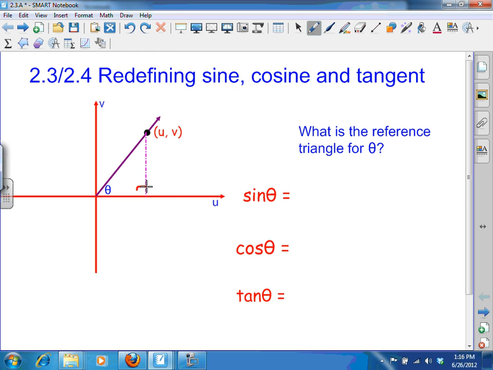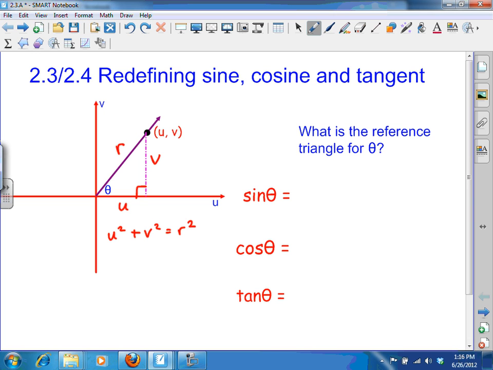In this right triangle, this side over here would be V. If that's the point V, that would be side V, and this would be U. This leg of the right triangle would be U, and the hypotenuse we're going to call R. R is the distance, and we use R for radius actually, but it's the distance from the origin out to this point UV, the coordinates of that point. So of course in this picture U squared plus V squared is equal to R squared,